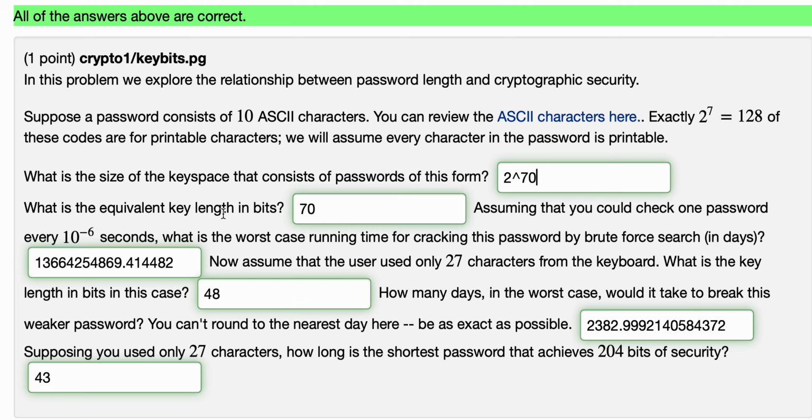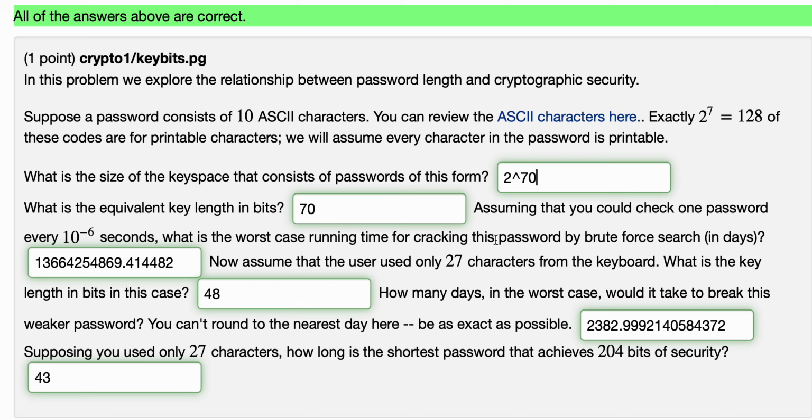So it says, what is the equivalent key length in bits? If there are 2 to the 70 possibilities, the number of bits it takes to represent all of those possibilities is log base 2 of the number. So log base 2 of 2 to the 70 is 70. So this is 70 bits of security. Just as an aside, we know that that's less than the 128 bits of security that we usually require in cryptography. But if the adversary has to check all of these in an online fashion over a network, then